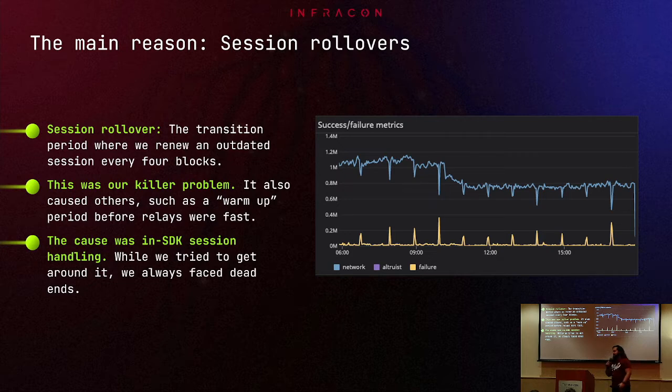And from the community, everything was great. Internally, we were like, guys, what are we going to do with this? Because we had a very big elephant in the room, which was this, the session rollovers. So you know that the session every 4 blocks gets refreshed. So in a way, this was our killer problem, because the problem really is that due to P2P network latency